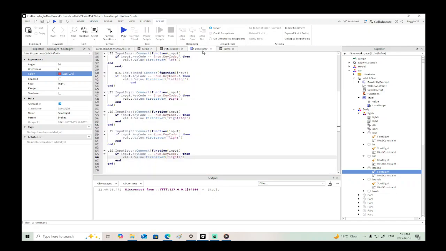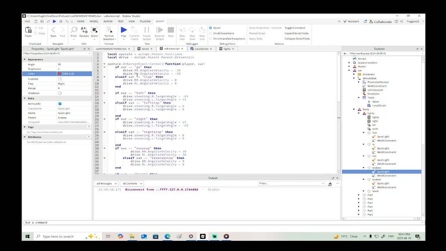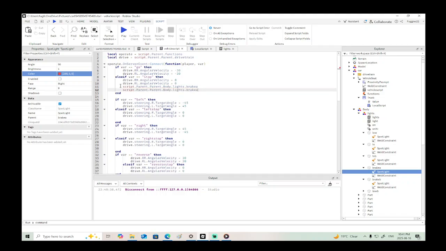And now these ones, brakes are a little bit different because we do variable stop. So we can say script.parent.body.lights.brakeA. And then we could say material equals neon, material equals neon, and then